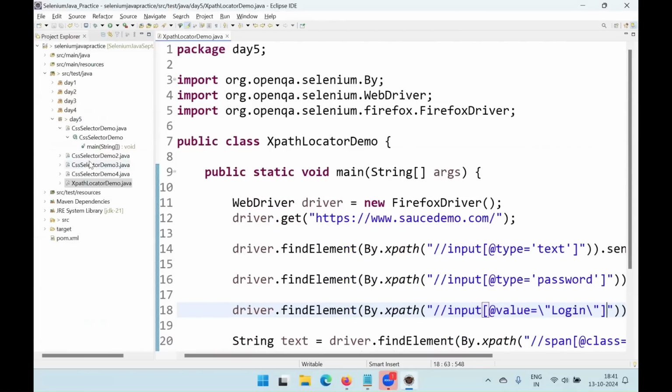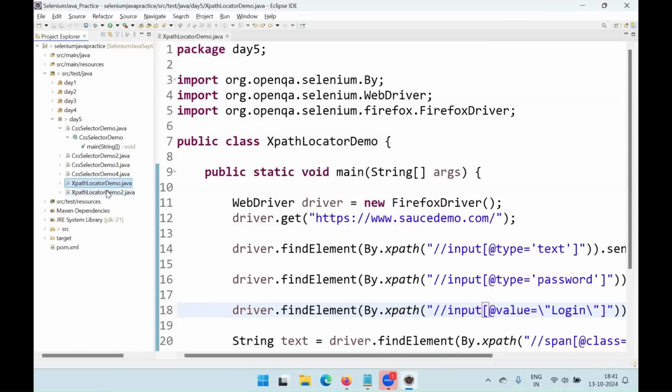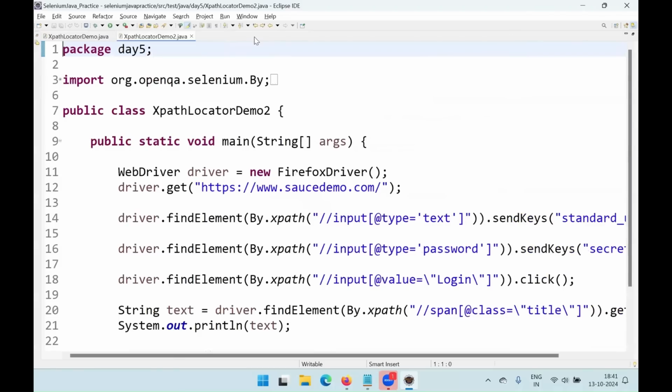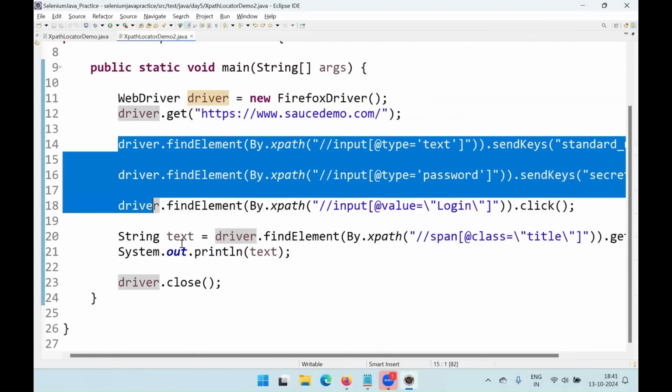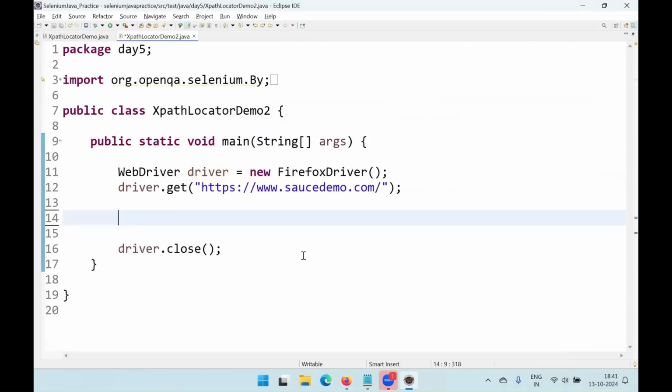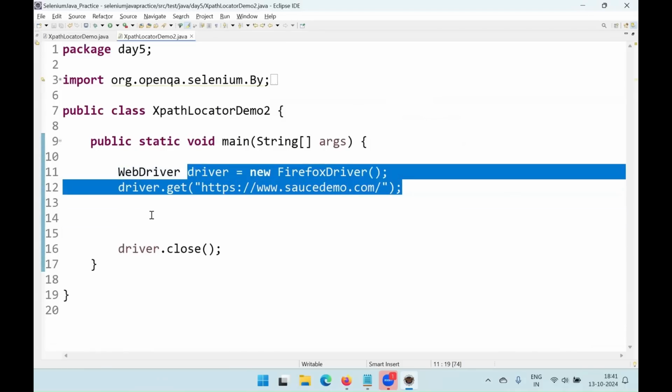So for this I will create one more, XML locator demo2. Open this demo2 file, and in this case I'll remove everything. First of all, launch the browser and load the website, and after this